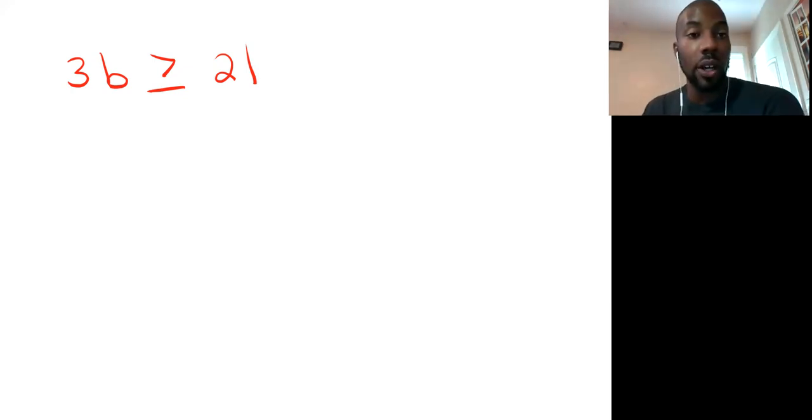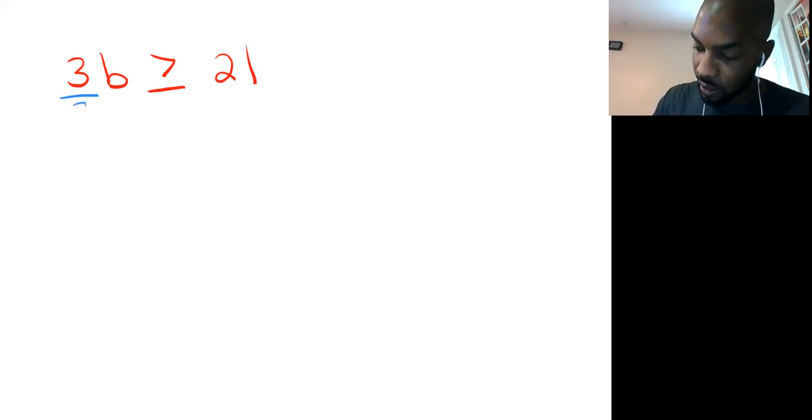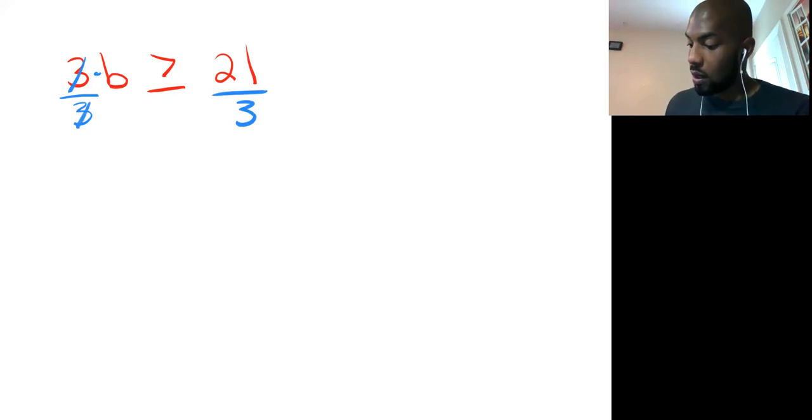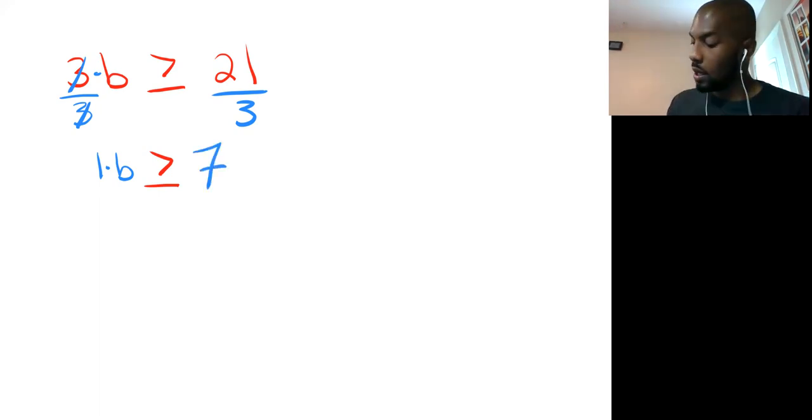Well, first I realized there are no negatives, so my sign is going to stay the same throughout. Now to isolate the variable b, all I need to do is a simple division by 3 to remove the multiplication. What I do to one side, I do to the other. 3 divided by 3 is 1, so I've got a 1 times b. Again, you don't really need to write the 1, but some people need to see every single step, so here we are. 21 divided by 3 is 7. The sign does not change. 1 times b is just b. B must be greater than or equal to